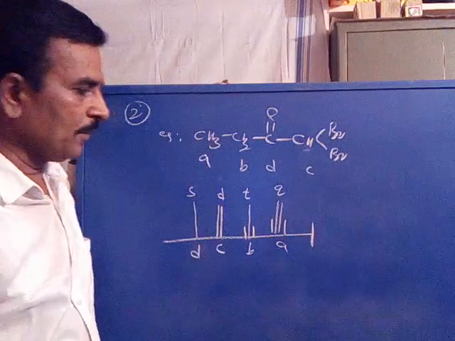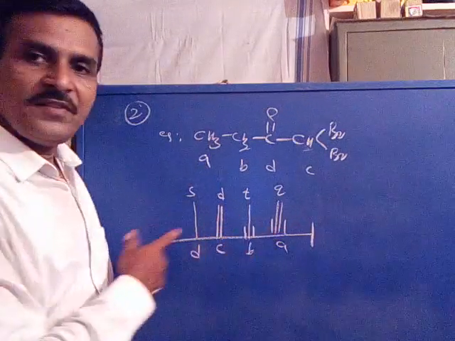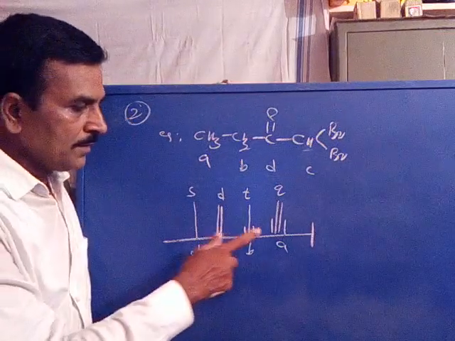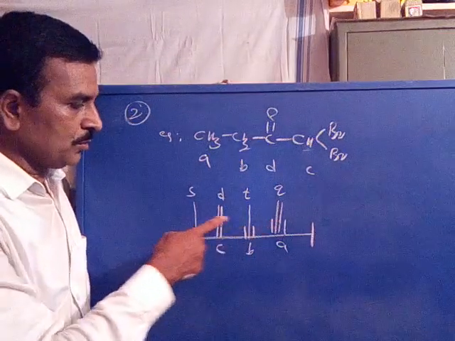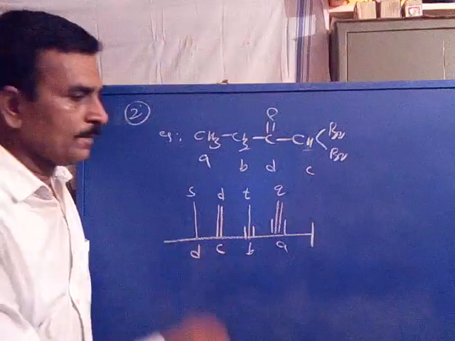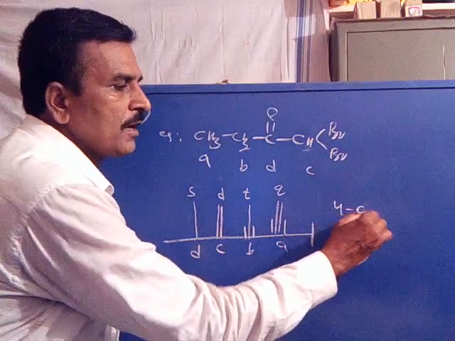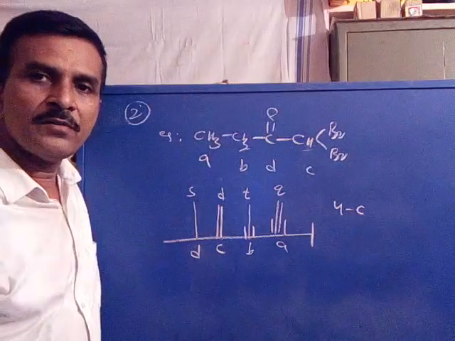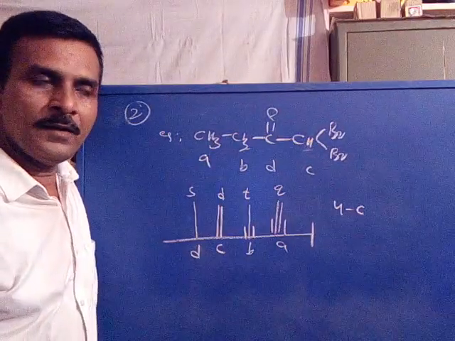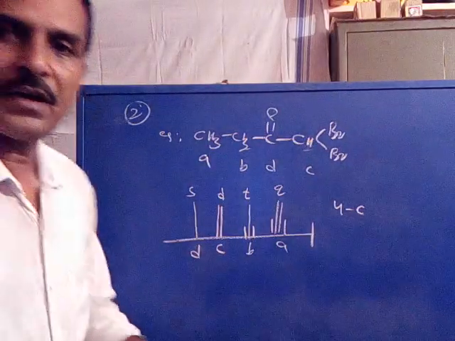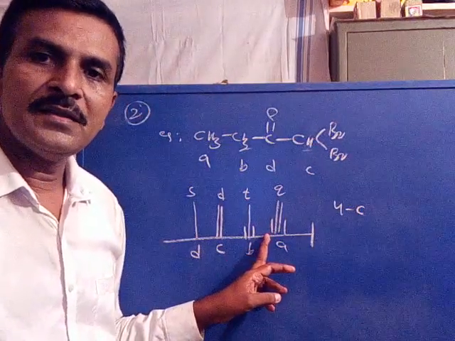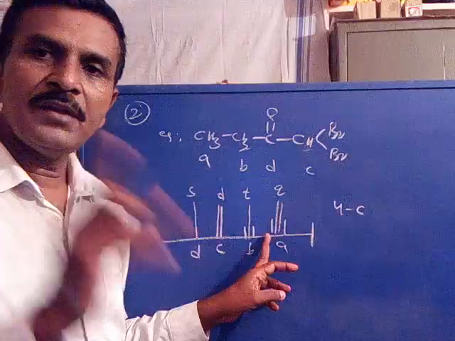Is it clear? Now this is the C13 NMR spectrum according to second information. So there are 1, 2, 3, 4 signals, so that indicates 4 carbons may be present, and then the multiplicity of each carbon. The first carbon multiplicity is quartet. This indicates the first carbon is CH3.